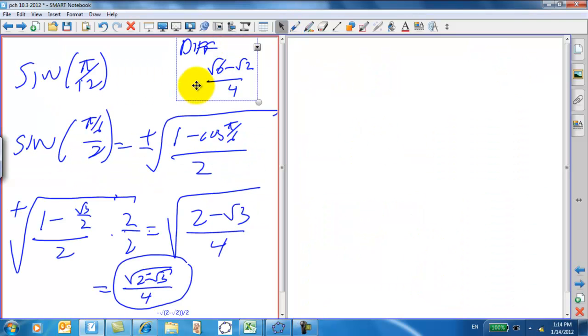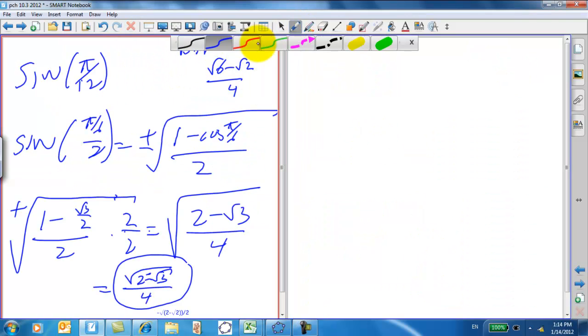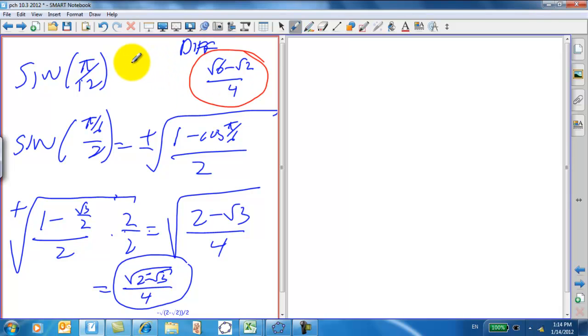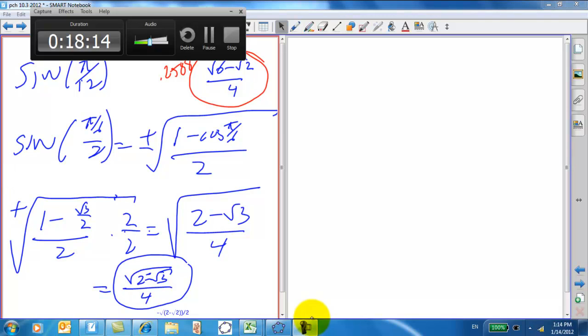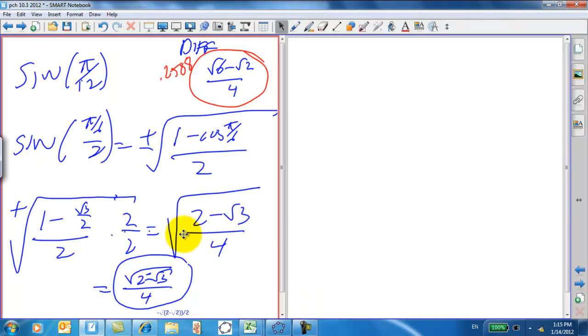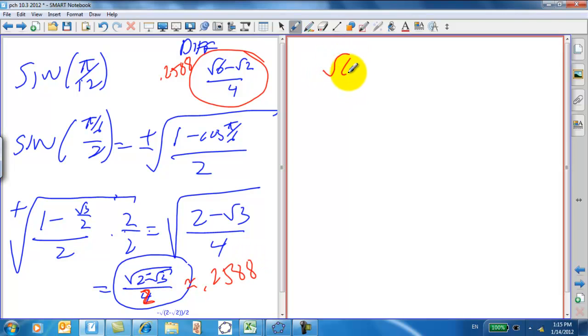Okay, for the old way we used to do it, I'm getting a calculated answer of 0.2588 about. With the new way, I detect my error. The square root of 4, this should be a 2 here. And that's also about 0.2588. Now that's not a proof, but you can see why. If I said square root of 6 minus square root of 2 over 4 equal to the square root of 2 minus the square root of 3 all over 2,